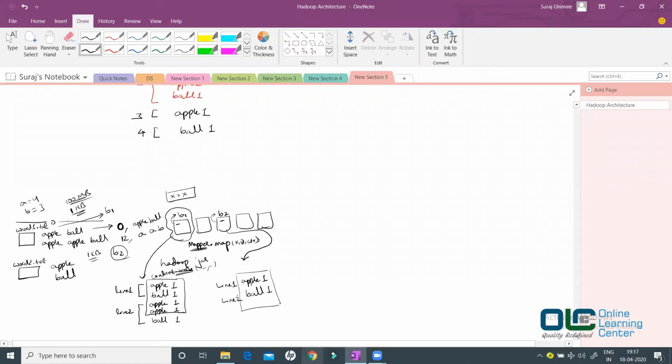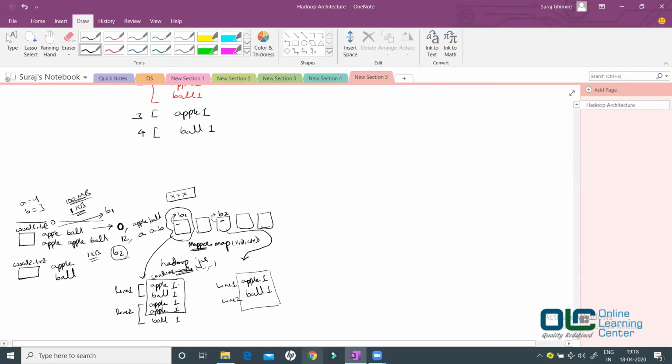So tell me one thing, b1 and b2 will be processed serially or will it be processed parallelly? Correct. This will be processed parallelly because B1 is a different entity, B2 is a different entity, and both of these blocks will be processed parallelly by your mapper code, right? They will be executed within the container, because we are talking about Hadoop 2 and 3, as soon as you say Hadoop jar and start processing this data.